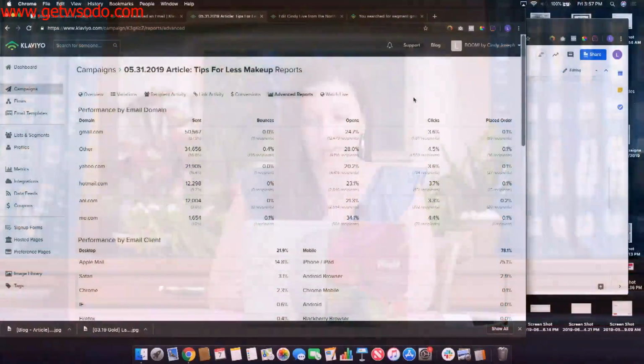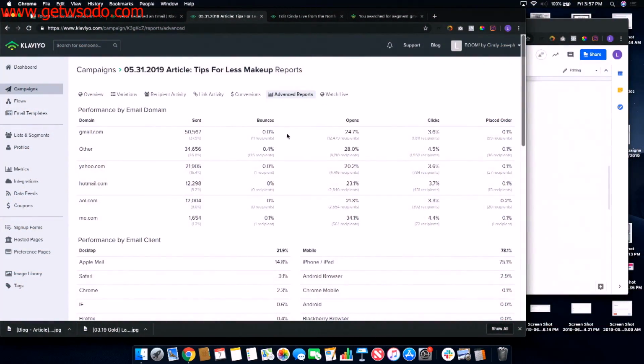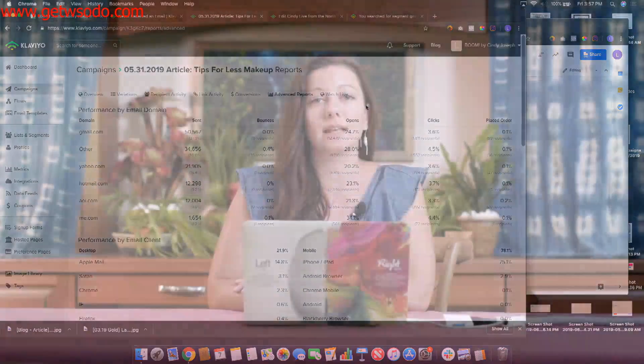So if we notice that one of our email ISPs are not doing well, right? This open is less than 10%, or these clicks are less than 1%, or these bounces are high, we then go ahead and segment that ISP out and send these campaigns both to our full list and just the Gmail list, so we can look at those analytics and figure out why is Gmail not making it to the inbox,